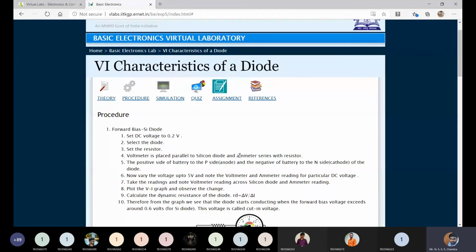If you keep an ammeter in parallel, what happens is the ammeter has an inherently low resistance. For an ideal ammeter, the resistance is equal to 0. For a practical ammeter, it will be a very small value. So if you keep your ammeter in parallel, the current, instead of flowing through a high resistance path, will bypass through the low resistance ammeter, and your ammeter gets burnt. So never keep your ammeter in parallel.